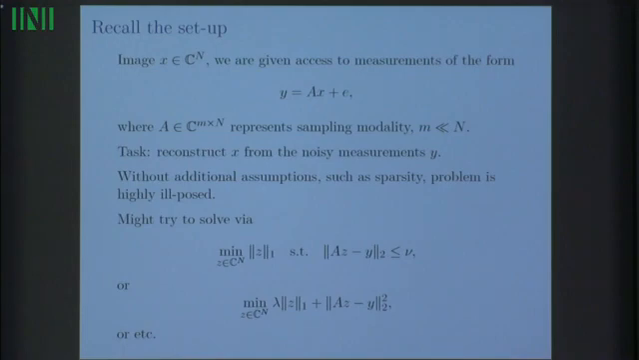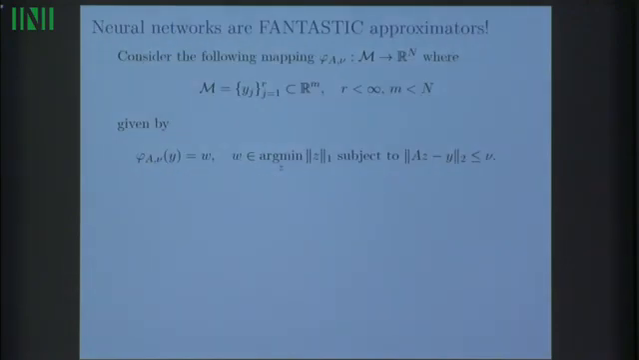So you might try to solve this via some form of L1 minimization with constraint, or a smoother version with LASSO. So why might we consider neural networks for this problem? Well, neural networks are fantastic approximators. We know this from the universal approximation theorem. So for example, if we consider the map that just takes some sampled images and maps to the solution of this basis pursuit problem,